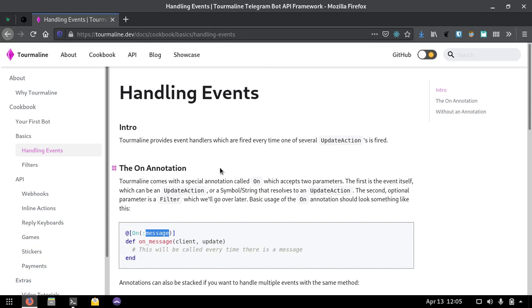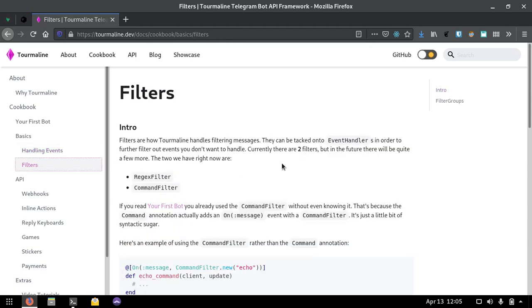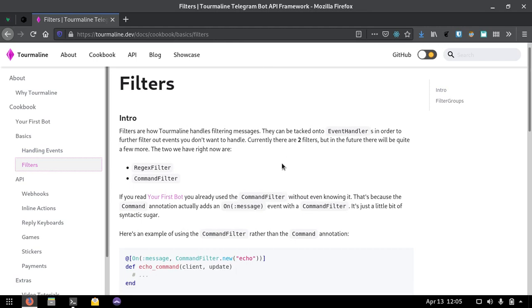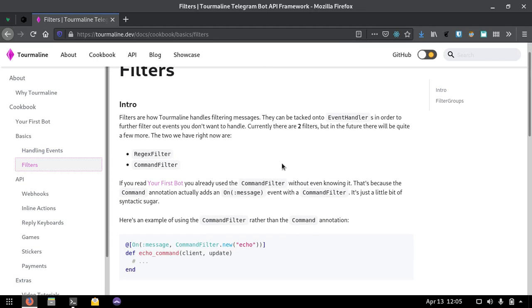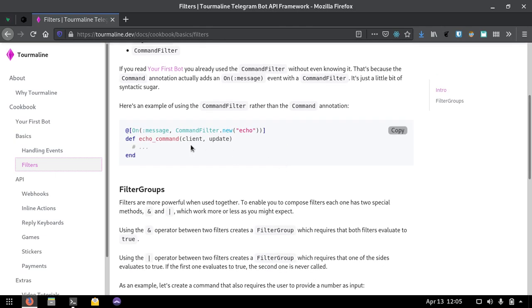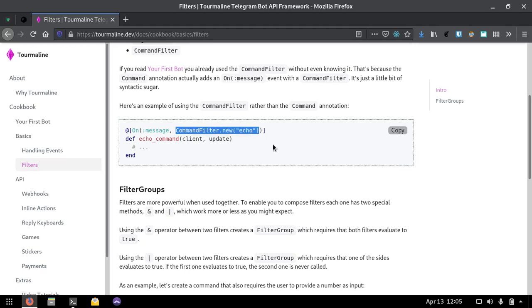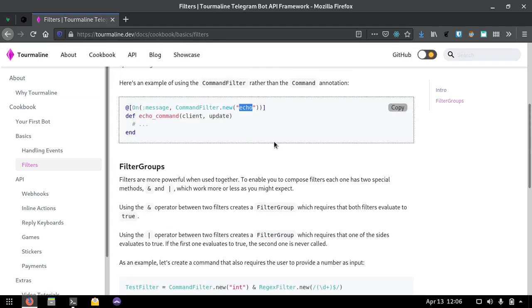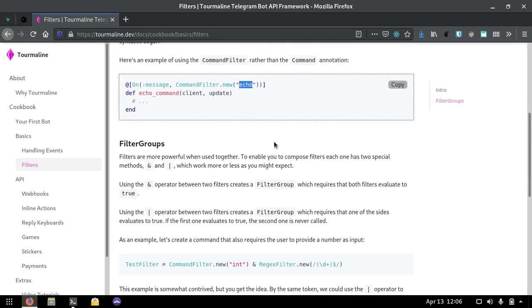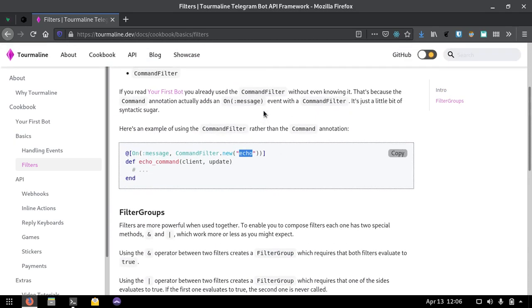So what about commands? I'm glad you asked. Now we have filters. A filter is somewhat similar to what Python Telegram bot has, if you've ever used that. But a filter can be tacked on to an event handler like this. And now, so we're saying on message, and we're taking in a command filter with echo. This is basically the same thing as the old command annotation, but command annotation is not gone. We actually do still have that. I'll go into that at a later point. But